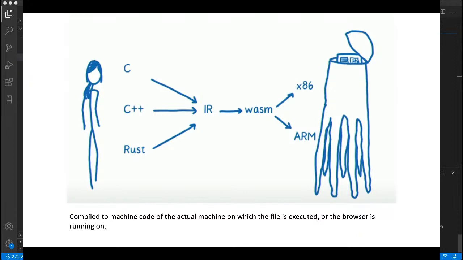Now you can write the code in C, C++ or Rust, and when you compile, the code gets compiled to an intermediate representation. This is IR code. IR code is not the actual machine code, but it is certain low-level code. Now the Emscripten compiler will generate a WASM library or WASM code, which is platform independent and can run on any platform. So they are using this intermediate representation to handle the portability of these high-level languages.